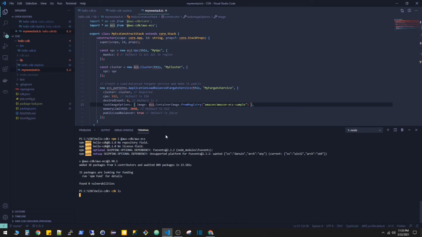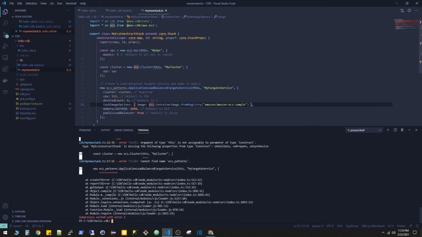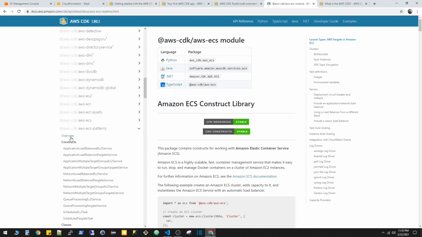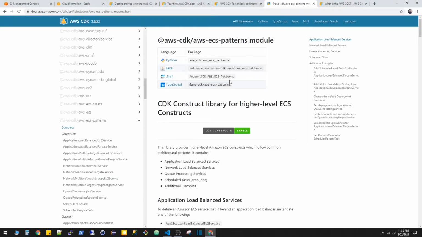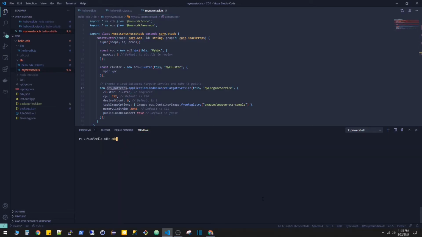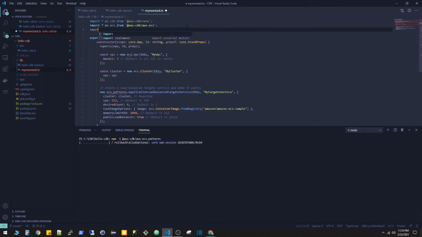I should have another error, and you guys have probably noticed that, and that will be my ECS pattern, right? I need another reference to ECS pattern, and if you notice, underneath I have ECS pattern. That's another reference that this piece of code is using, and this will give you a good understanding of why we're getting all these errors. So I'm going to install that. After installing, I'm just going to import it. Quite simple,